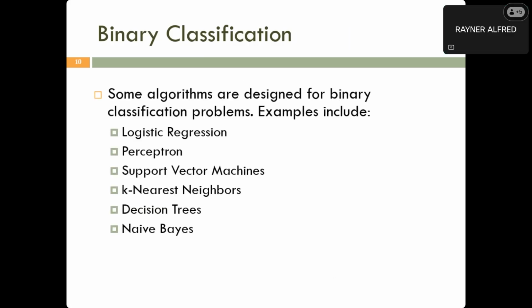Okay, so when we talk about the methods that we can use, we have so many algorithms here. So you will learn all this in your machine learning for data science. But today, this is called fundamental of data science. I will introduce you what is classification, and I will cover one of them only. So if you want to learn more, then you can study the rest or you wait for the machine learning